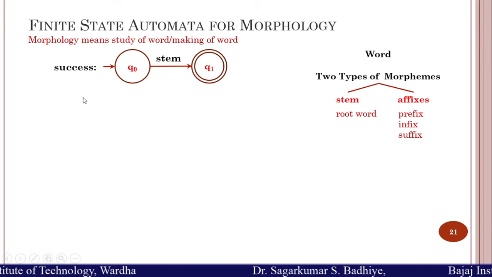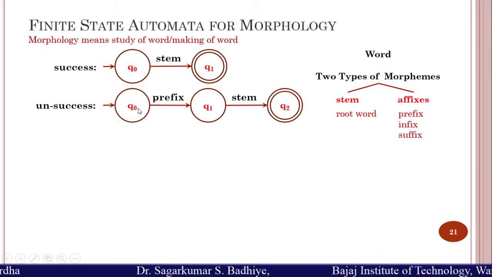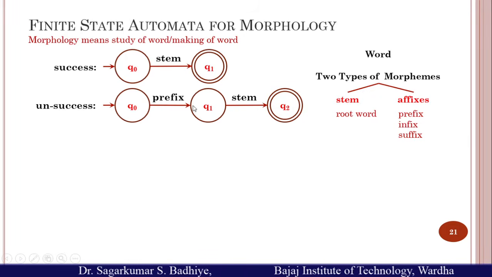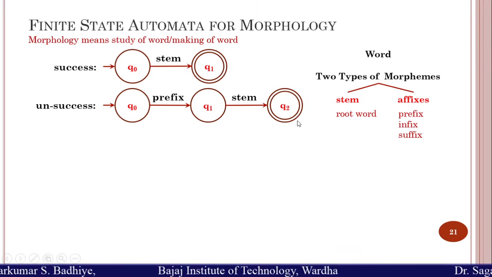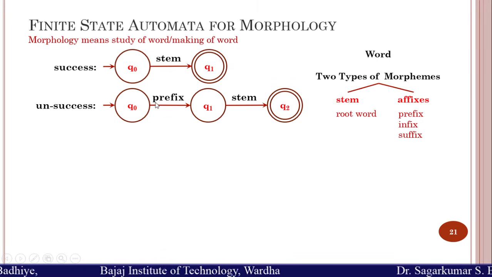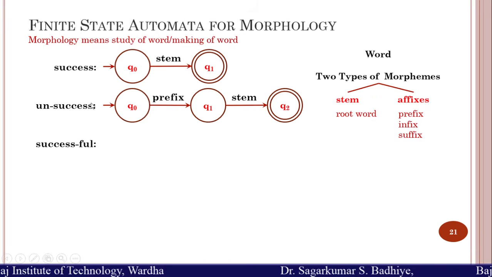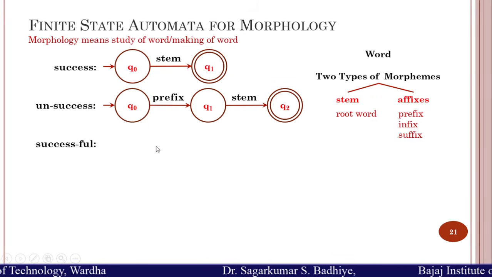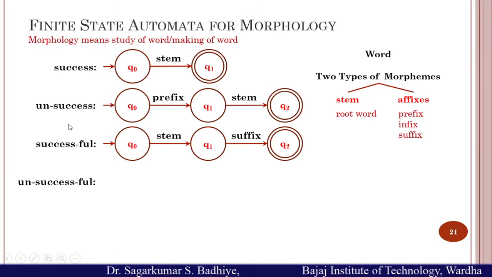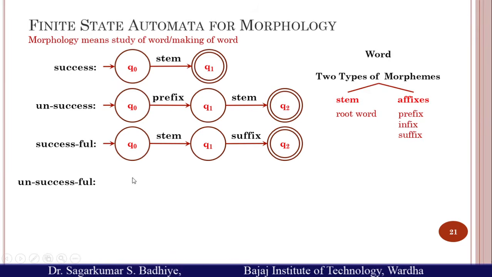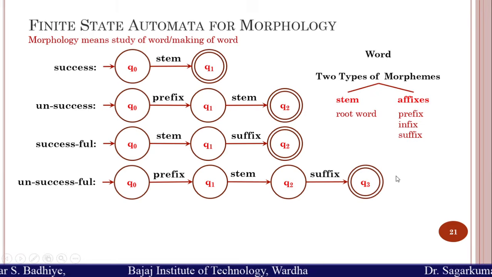Then you can add a prefix to this word success and it becomes unsuccess. So you again start from the initial state, read a prefix un and go to an intermediate state. From that intermediate state, you read a stem word, success, and reach a final state. In this way, by adding a prefix to a stem, you can read a prefix and stem. Similarly, for suffix, you can read a stem followed by a suffix to reach a final state. And you can have both prefix and suffix together in a particular word, so that at the start you read a prefix, then stem, and then a suffix to reach a final state.